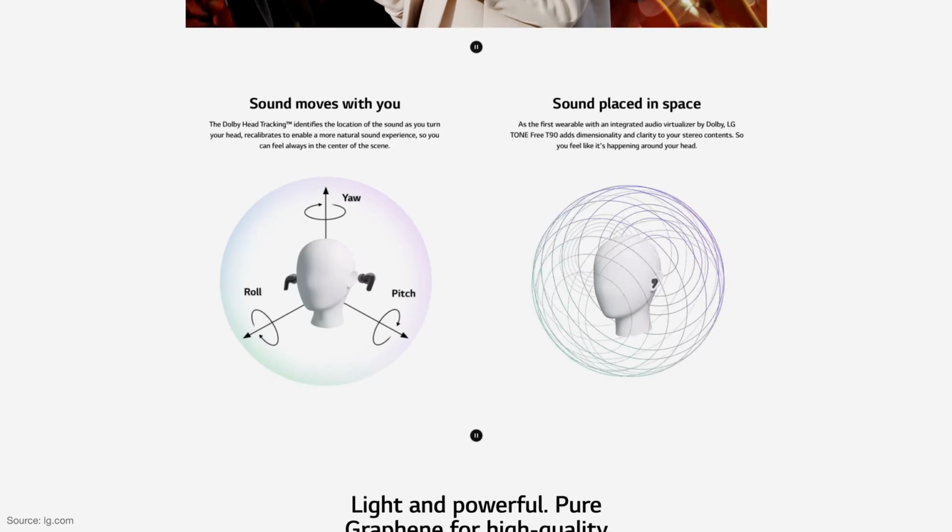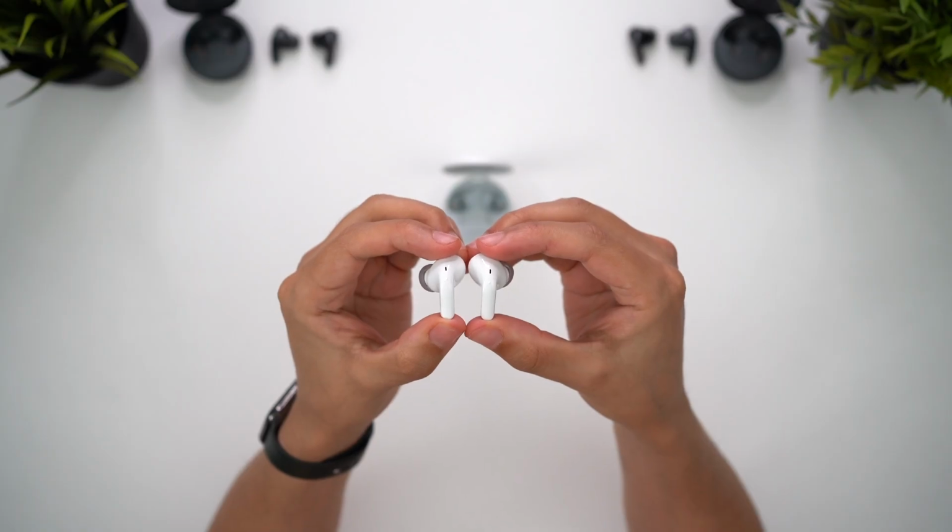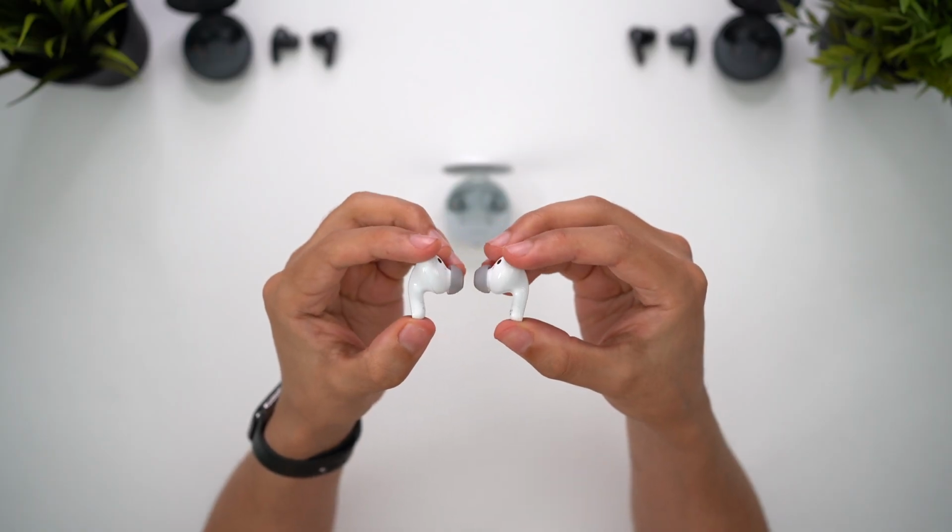position. The feature works pretty well, although occasionally the shifting of the audio between the left and right earbuds as you turn your head can be quite sudden and obvious, especially on iOS, whereas I found it was a bit more subtle with Android. It's definitely a cool and immersive experience to try out, but just like with spatial audio on AirPods, I personally think for music, the experience is better with this turned off. So for me, it's not a deal breaker feature, but it is something that's new this year and exclusive to